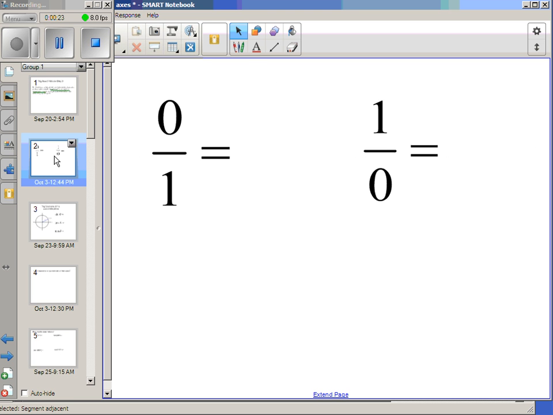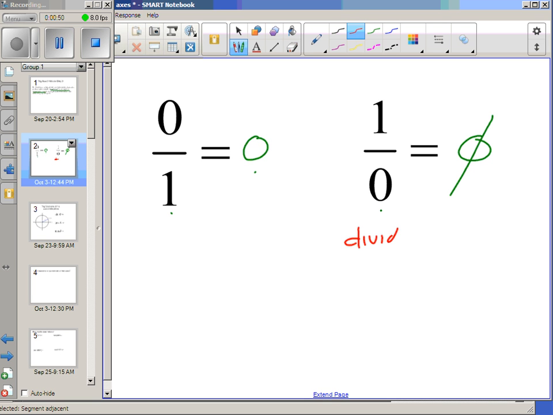Before we start, we're just really quickly going to talk about fractions. What exists, what does not. 0 over 1, 0 over any number is 0, because 0 times that number will get me 0. On the other hand, 1 over 0 is undefined. It does not exist because I don't care what number you give me, if I multiply it by 0, I will never get 1 or any other number on top. So the thing we're looking for is undefined, comes from when we divide by 0,